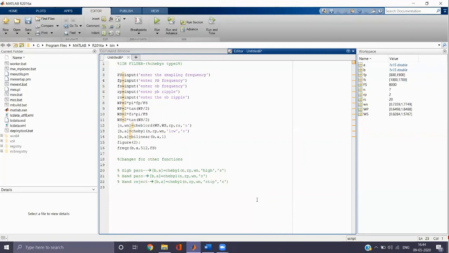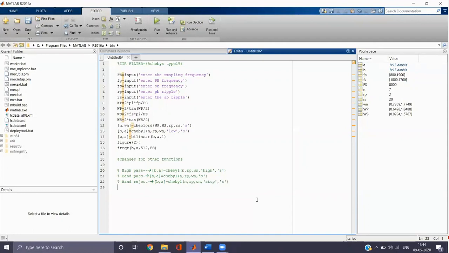After computation of B and A values, we can write the transfer function. Let the transfer function be H of s. So once we obtained H of s, we need to convert it into H of z by using bilinear transformation.